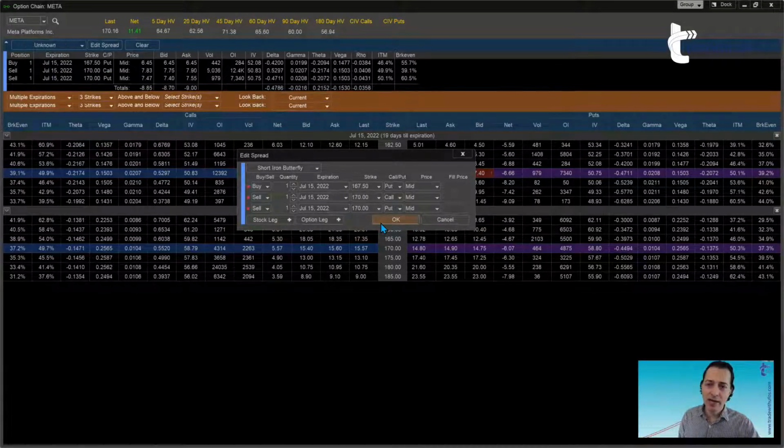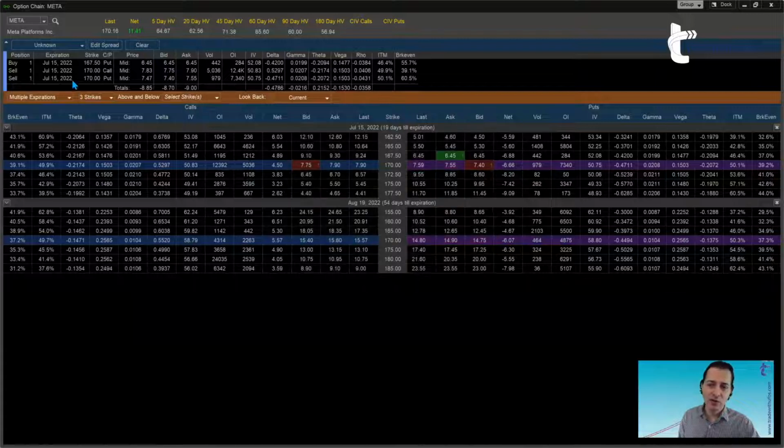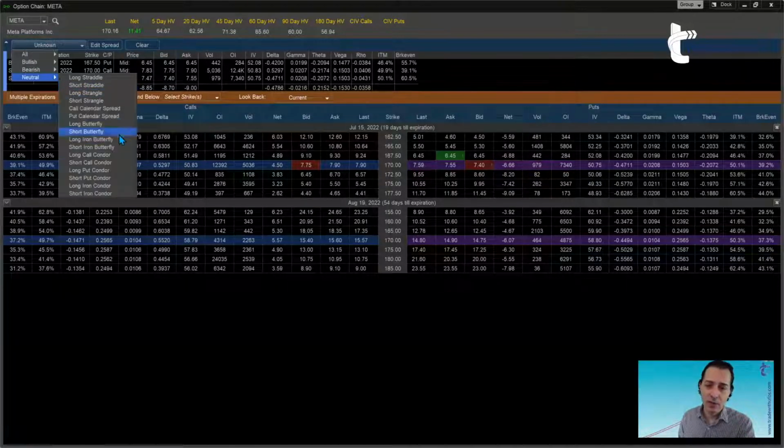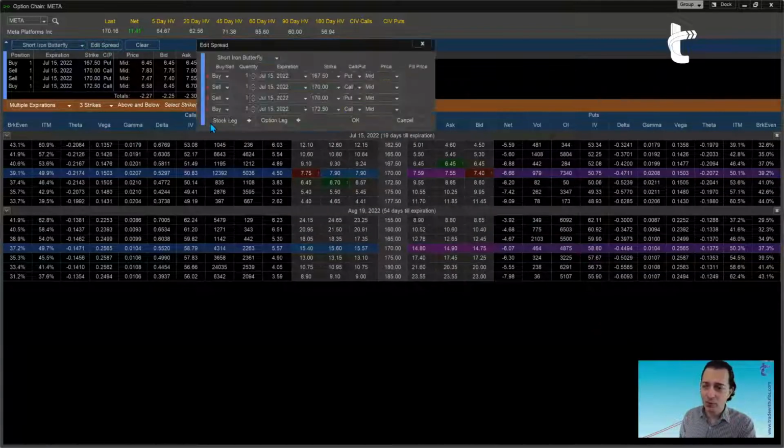So now, if you click OK, you've got a different trade, and because it's not a standard option strategy, one recognized by options regulation, it shows here as strategy unknown. It's something creative that you ended up with, which of course you can chart, you can trade, you can graph, you can do anything you want. You can trade whatever you want, right? But it's not a standardized thing, and therefore it doesn't show. Okay, so let me go back to building the short iron butterfly we were doing and to edit.